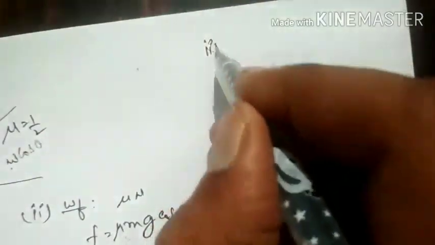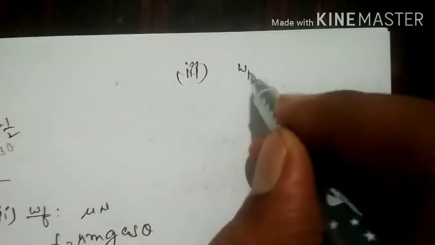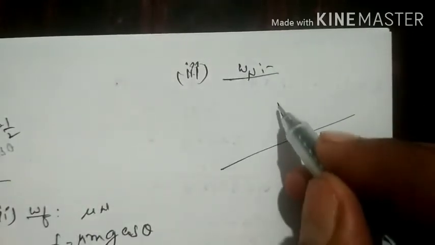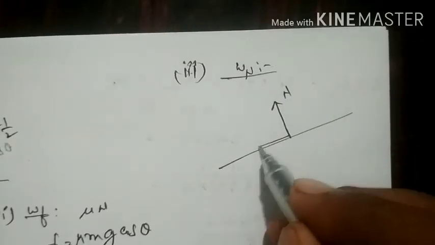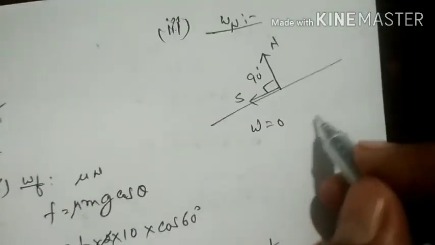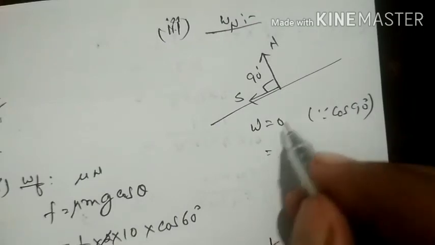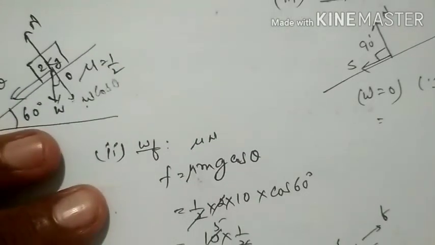And the third problem: work done by the normal force. What is the work done by the normal force? The normal force is normal to the surface and the displacement is along the surface. So the angle is 90 degrees. So work done is equal to 0, since cos 90 is 0. So that is the answer. So like this we can calculate